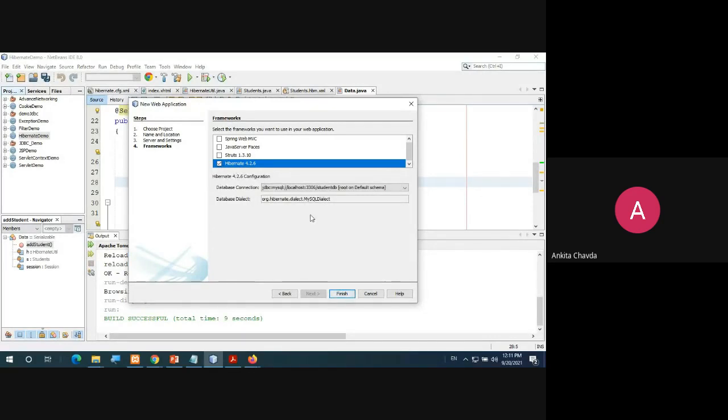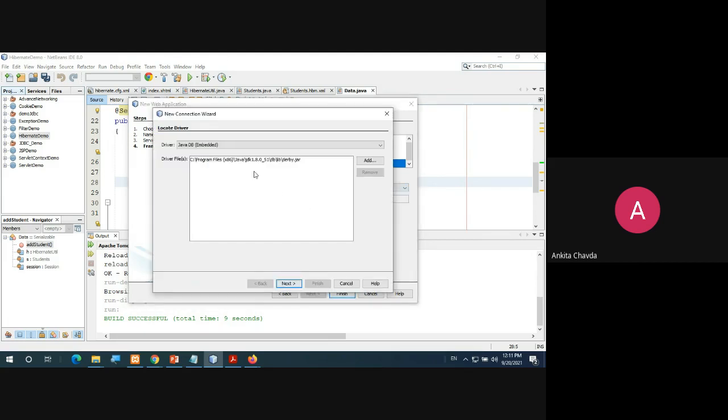For Hibernate, you need the database connection, right? This is what I have already mapped, which is why it is there by default. You need to choose New Database Connection, because there won't be anything.